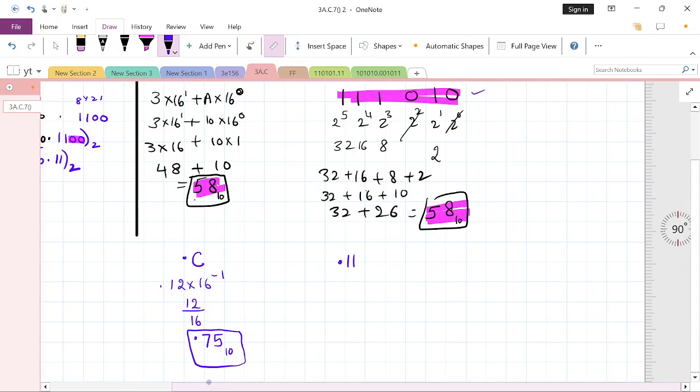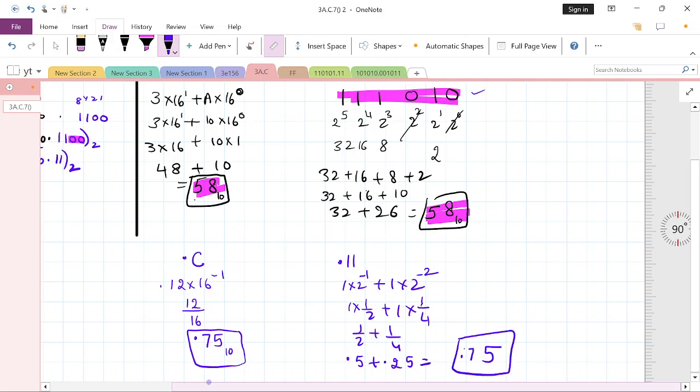Now let us convert this 0.11. So 1 into 2 to the power minus 1 plus 1 into 2 to the power minus 2, because it's a fractional number, so negative weights. So this becomes 1 into 1 by 2 plus 1 into 1 by 4. So 1 by 2 plus 1 by 4, and you will get the answer 0.5 plus 0.25, and you get 0.75. So this is the answer you are getting. The answer is identical. That means our answer was okay,